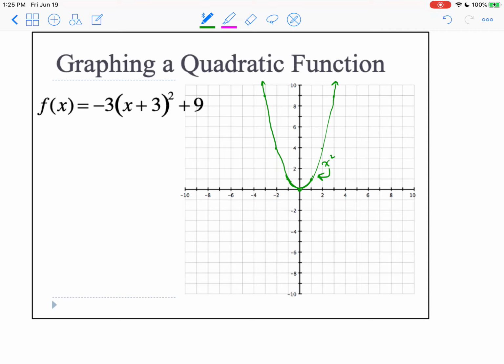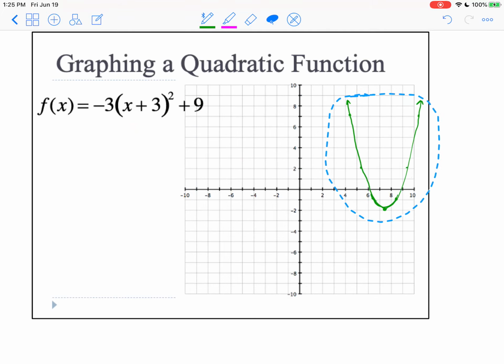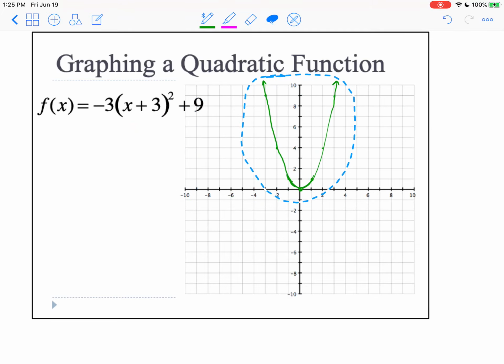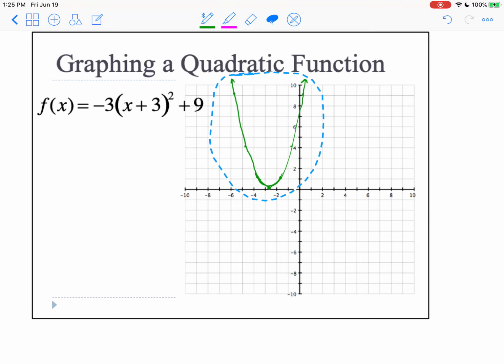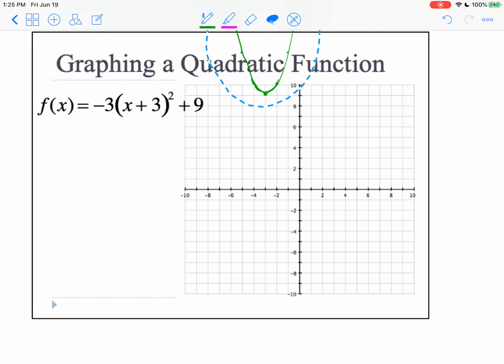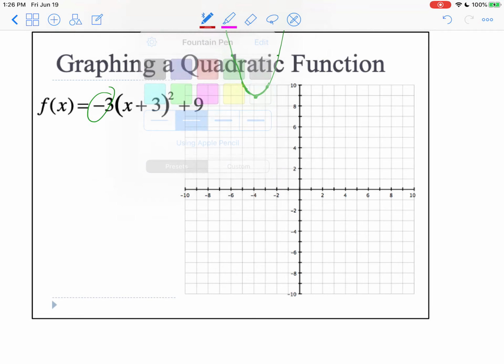Now, what I could do here is I could take this right here, and I could move it around. So this is saying move it 3 to the left and up 9, but then it's also telling me that this should be opening down and it should be stretched out. So this is the starting point of my new quadratic. It's going to be right there, which also means that the axis of symmetry,